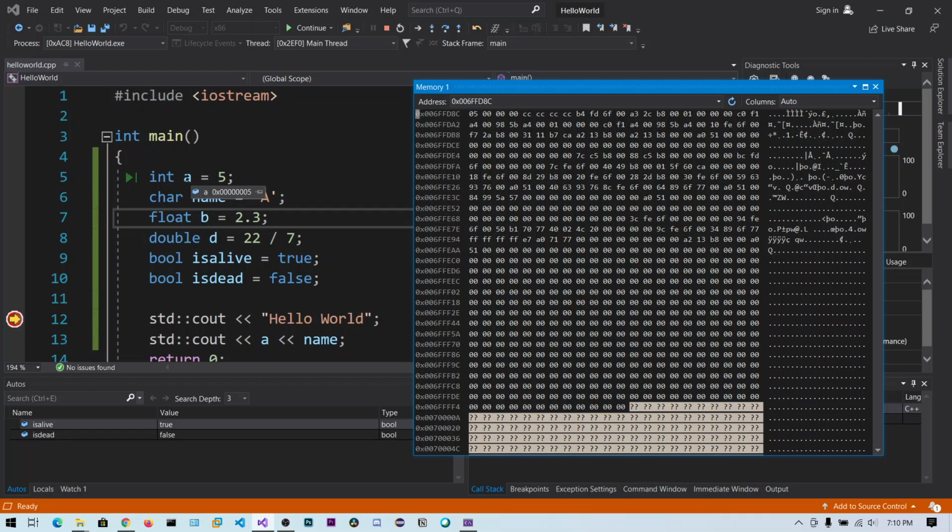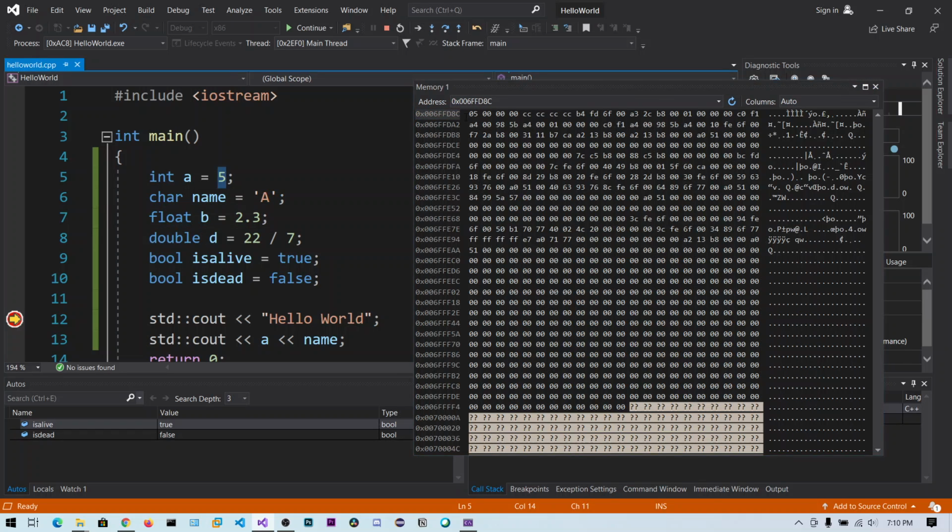Okay, so this variable is this memory region, which holds 4 bytes of data that contains 5. So this is 1 byte, this is 1 byte, this is 1 byte, and this is 1 byte. You can see 05000000. So you can think of this as a 50